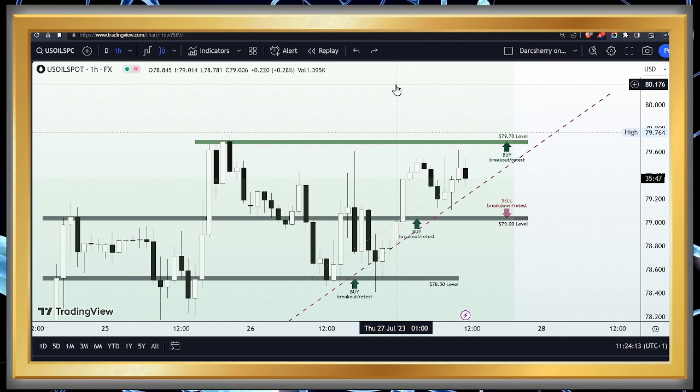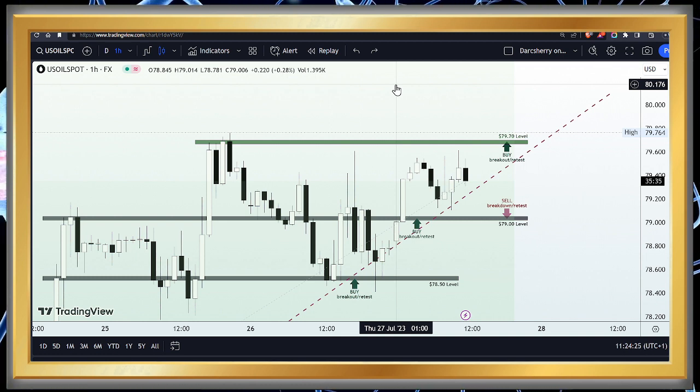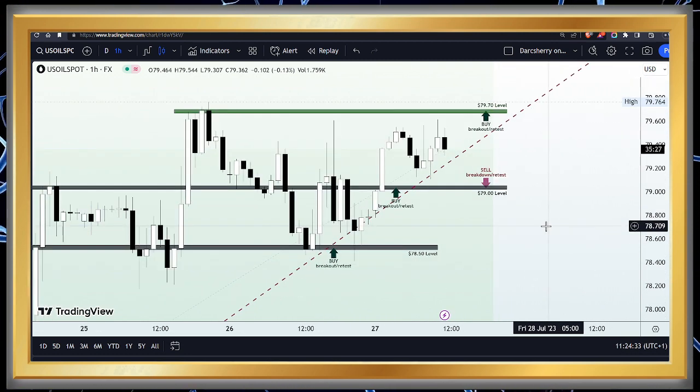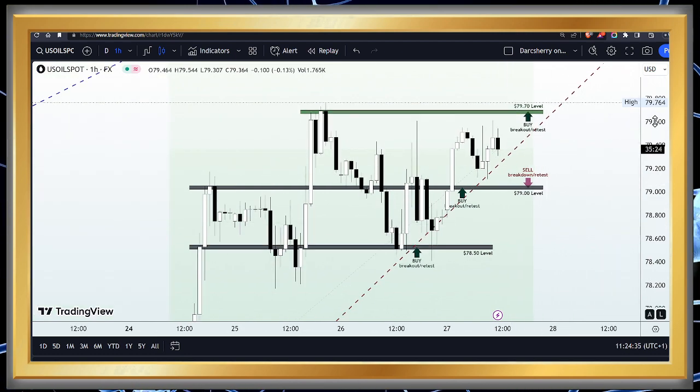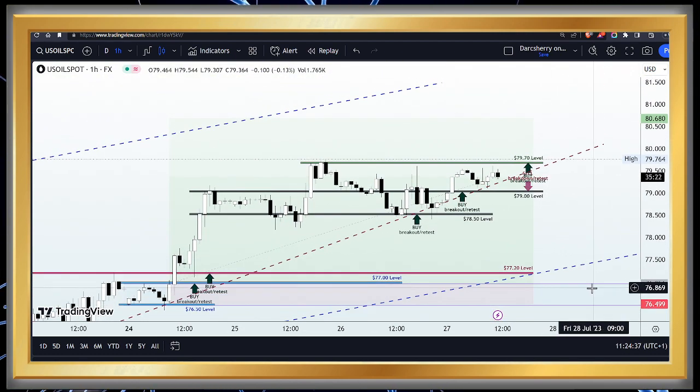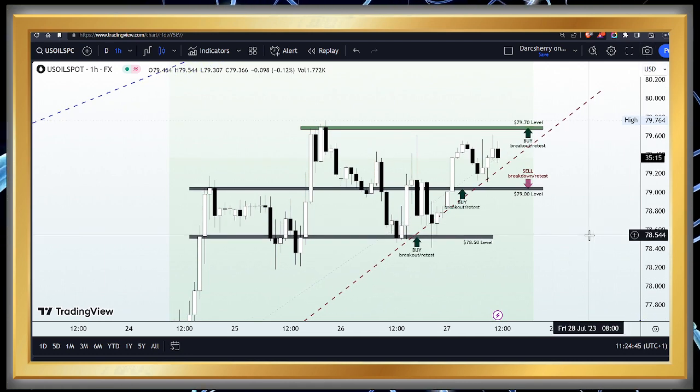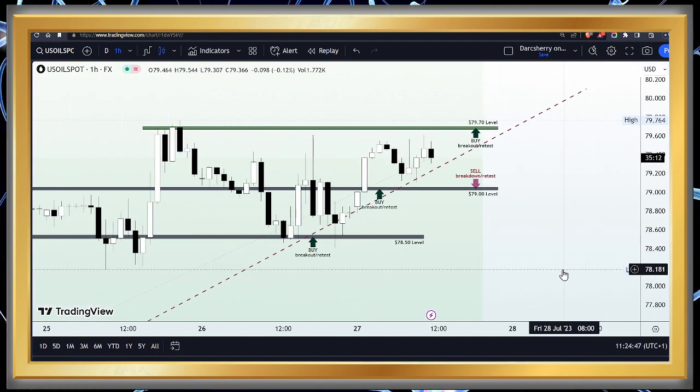And with this consistent rejection of this level, we cannot ignore the potential the sellers also have in this market, as the continued selling pressure here could incite a sell-off or profit-taking activity. Now, what are we going to be looking at for us to be part of a bearish move? Well, we already have an ascending trend line, which has been supporting that bullish idea since last week Thursday. And for us to start considering selling for today, we would need that trend line to be breached.